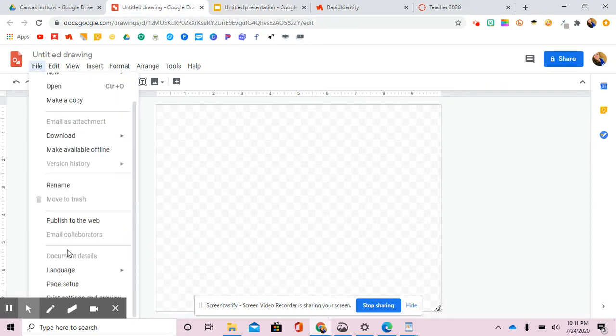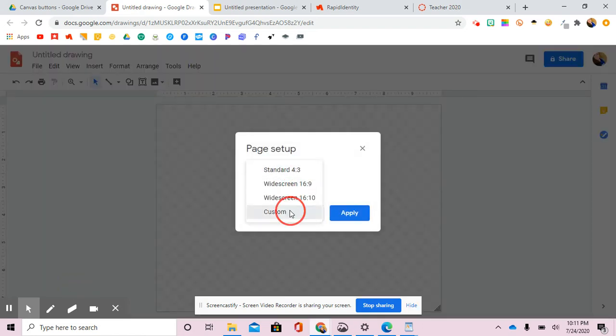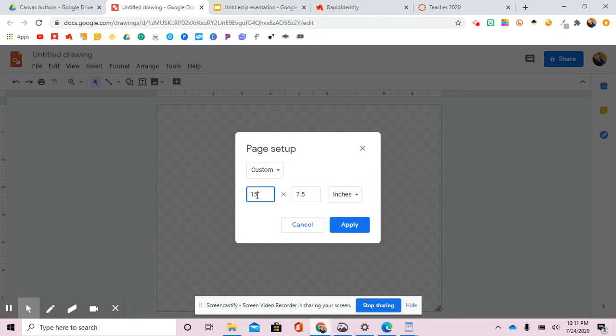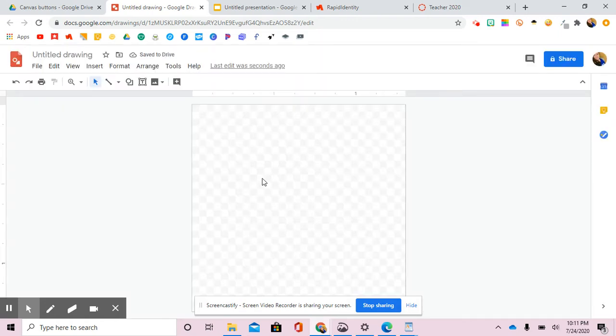So I'm just going to go to Page Setup, Custom, 125 by 125 pixels, and then I forgot it does that. I'm not sure why. So you'll notice up here at the ruler, it's going to change when we hit apply. So it's about the same size document, but it's very much zoomed in. So your button is going to be all of this image. So when we create our image, we want as much of this square to be covered in image as we